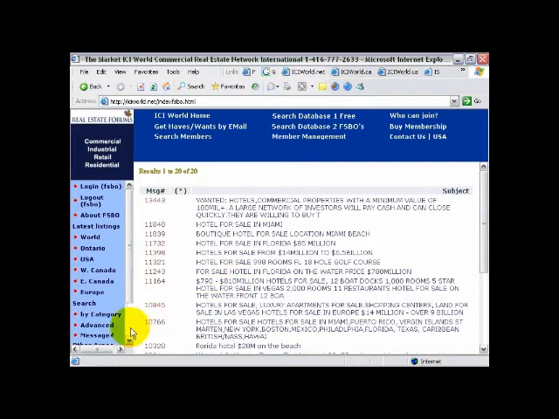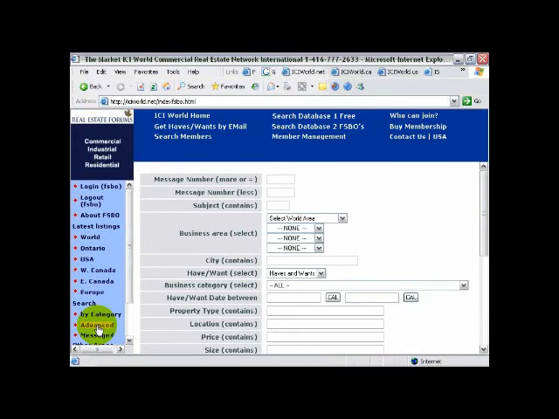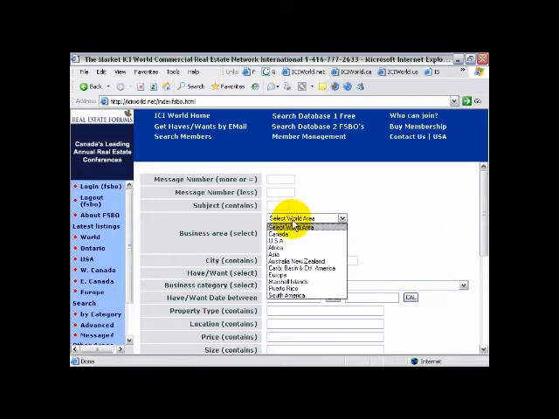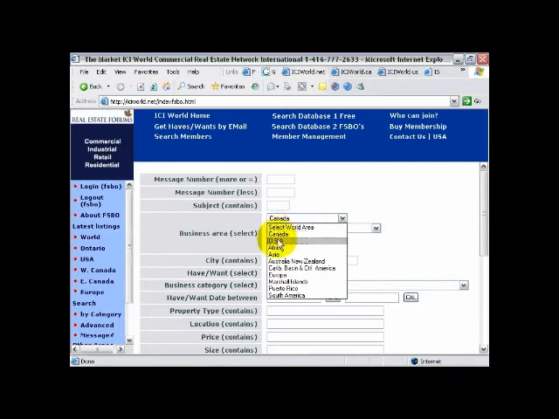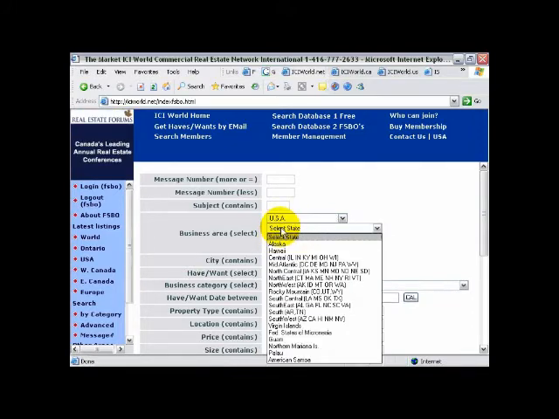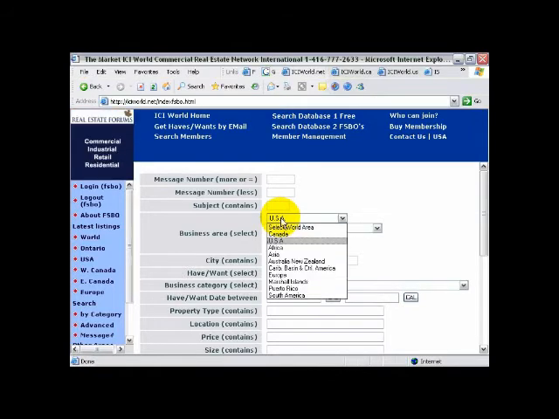If you want to see all the buyers in your state or province, click on the word advanced now. Change the business area to your state or province. Roger, you're in Missouri?